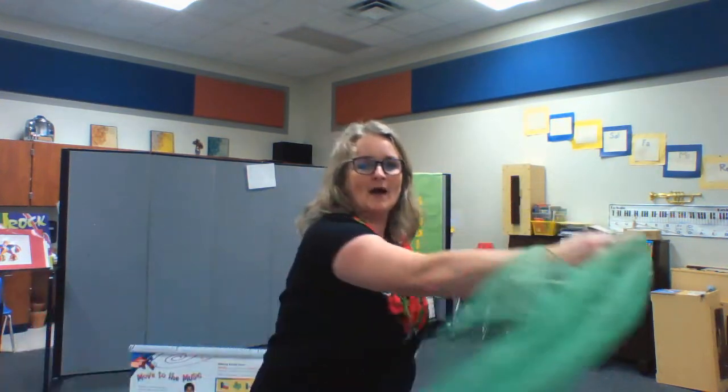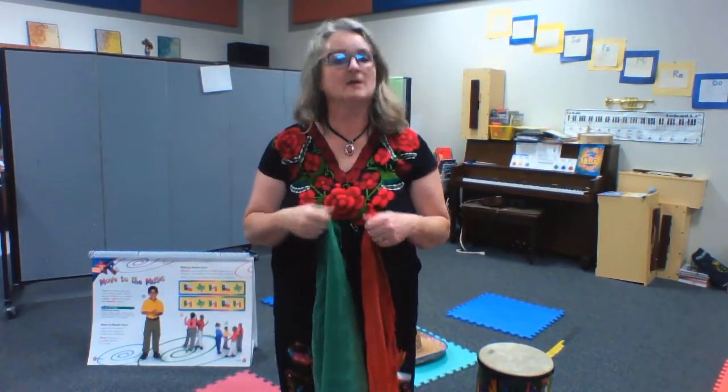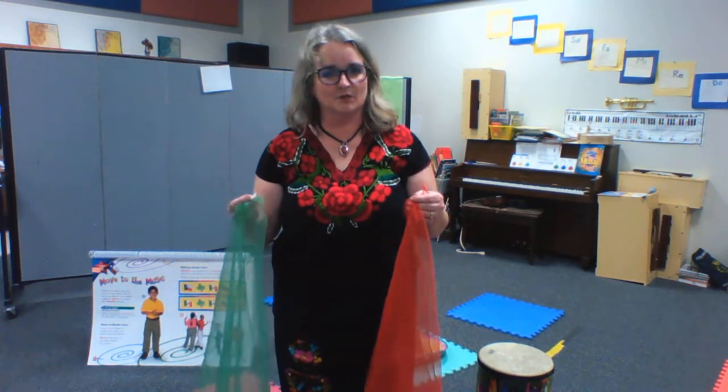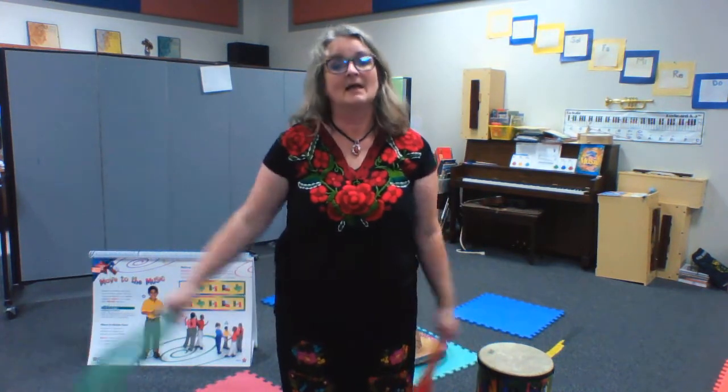And for this one, it kind of goes well with the style of the dresses that the girls wear a lot, the ballet folklorico. And their dresses flow out as they dance, and they use them to go with the music. So we could use these kind of for that. And you could have a group of people using the scarves. One way that I would like to do them for the A part of the song is right,